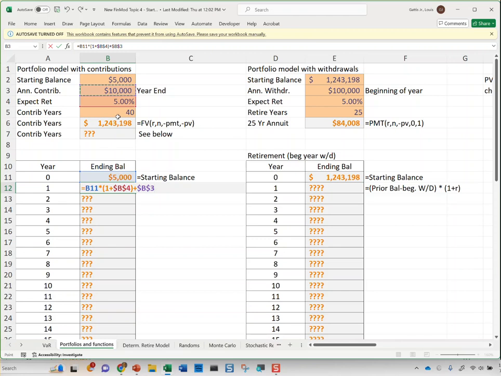Now let's talk about, if I had this set up as beginning of year contributions, I would have to do the beginning balance plus the 10,000, all growing by 5%. But since these are year-end contributions, that $10,000 contribution doesn't earn 5% because it's at the end of the year. So I'm just going to hit enter, and then I'm going to copy this down,